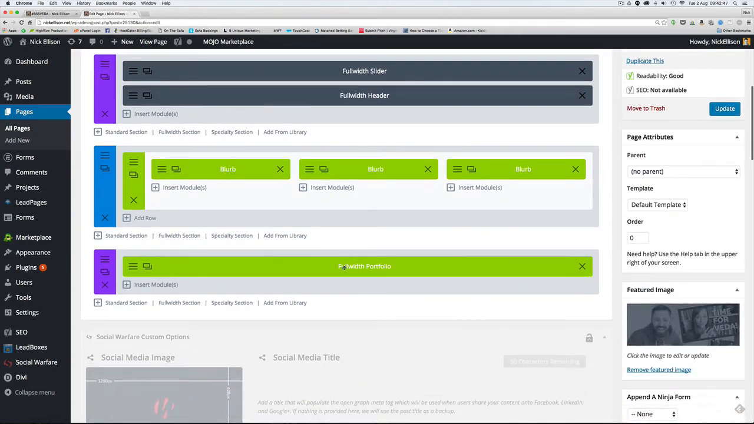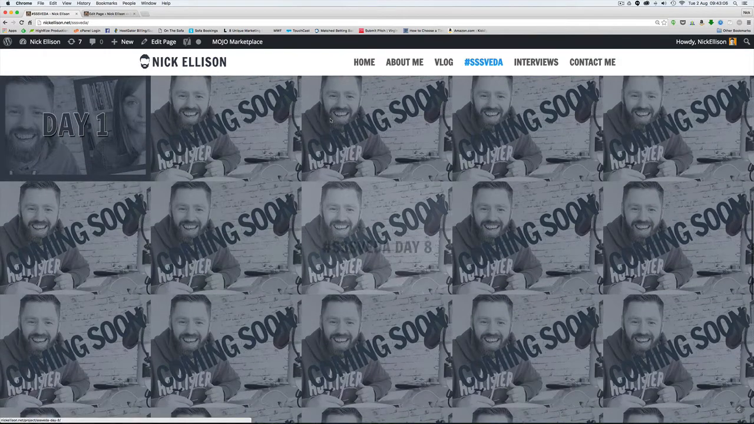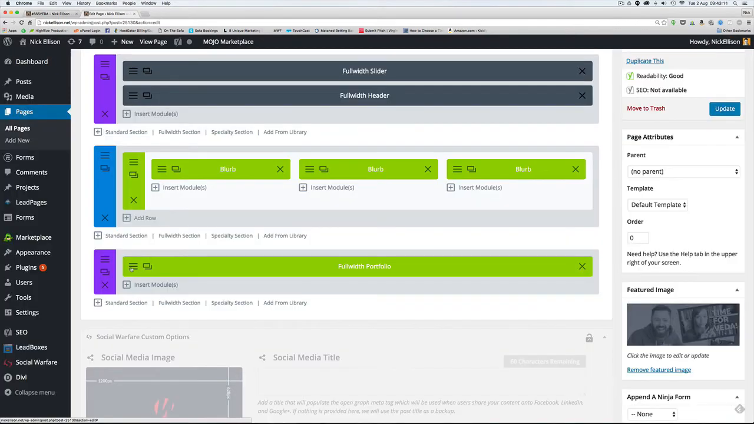This is the portfolio down here. Now I can't go through every individual section and how they all work in this tutorial because I don't want to get too in depth and it's going to take quite a while. But just for example, this is the portfolio. Right at the bottom in the green it says full width portfolio. That refers to this section here, all these videos. Now I can go in here